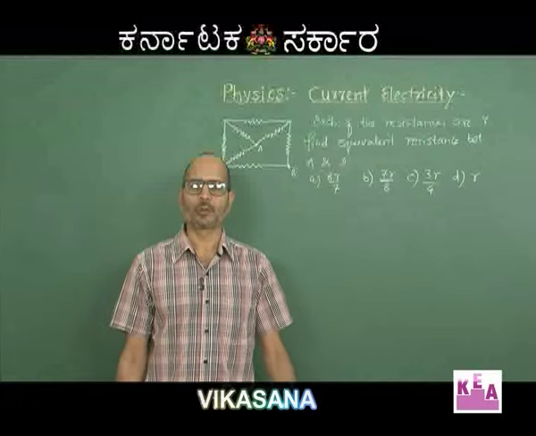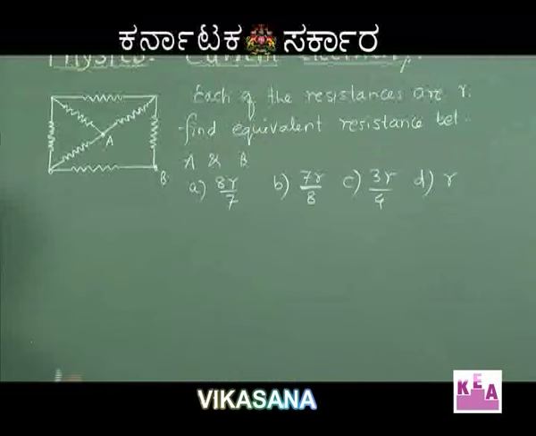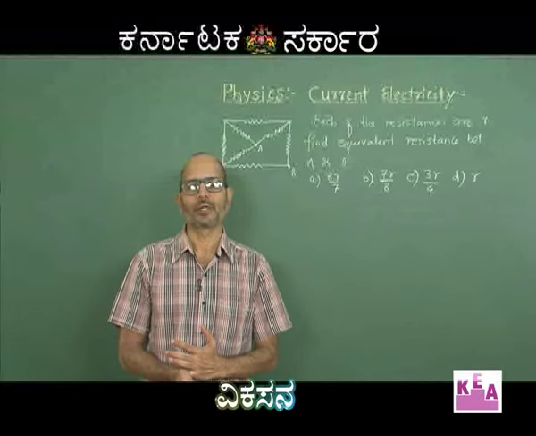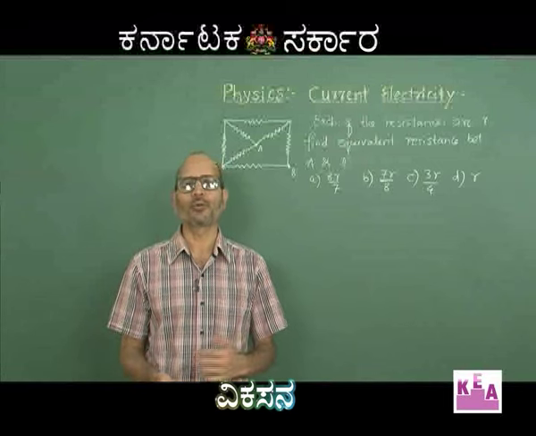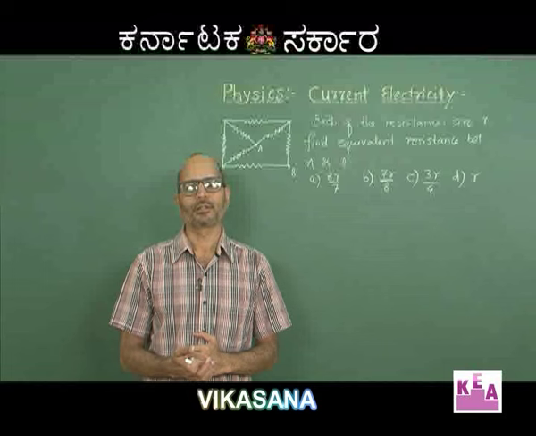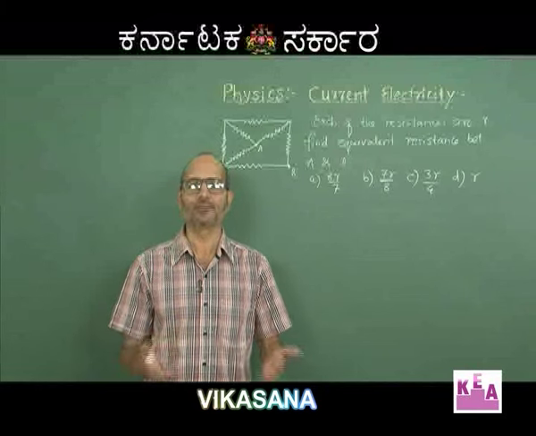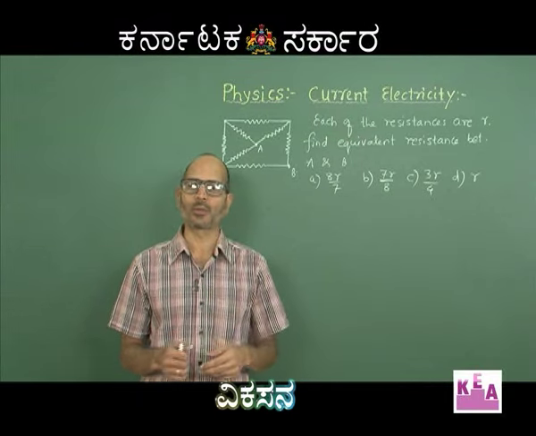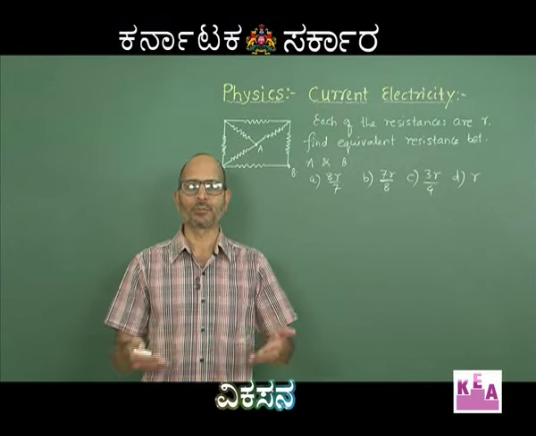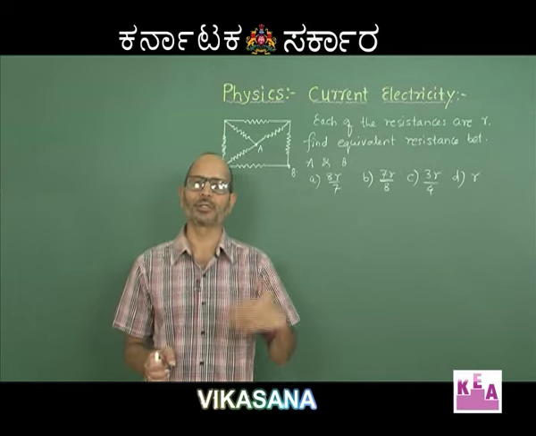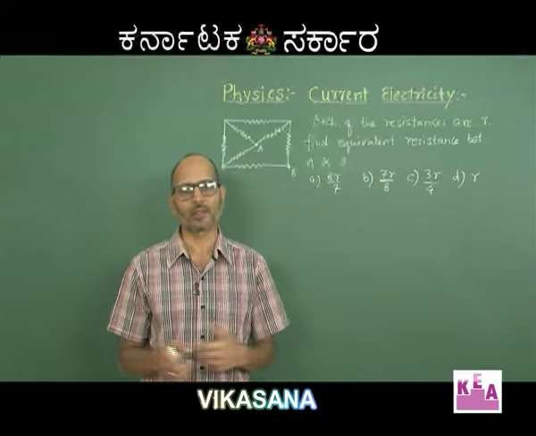So, here is one more problem on finding of the equivalent resistance, but there is one more rule of symmetry, as I had mentioned earlier, which I am supposed to use here. That rule is, if you want to find out the equivalent resistance between A and B and the line joining A and B itself is the line of symmetry which divides the whole network into 2 equal parts, then you can simply fold the entire network about that particular line and consider the overlapping resistances to be in parallel.